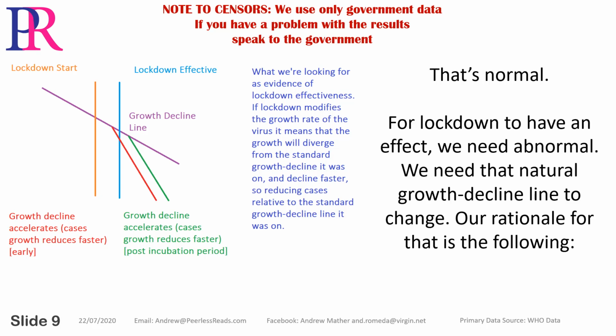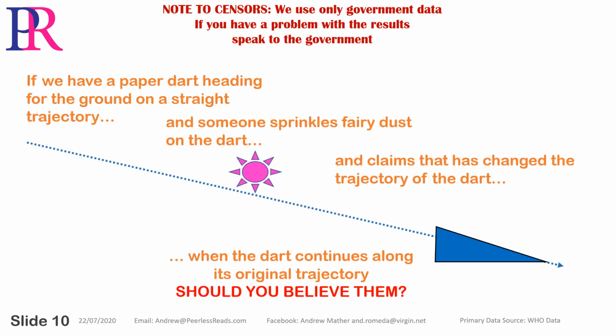That's normal. For lockdown to have an effect, we need abnormal. We need that natural growth decline line to change. Our rationale for that is the following. If we have a paper dart heading for the ground on a straight trajectory and someone sprinkles fairy dust on the dart and claims that has changed the trajectory of the dart, when the dart continues along its original trajectory,